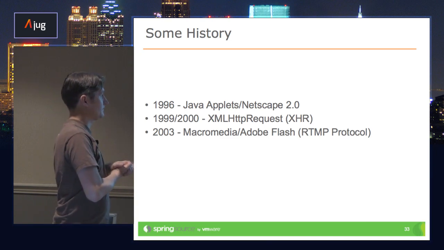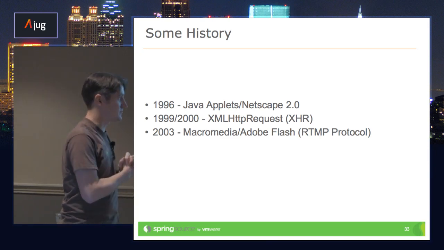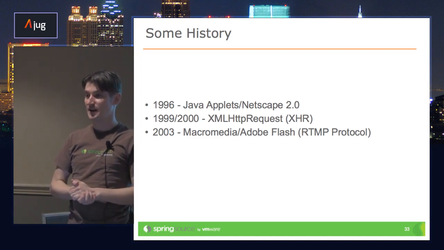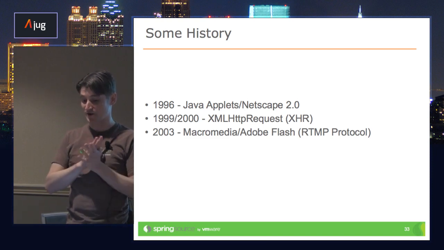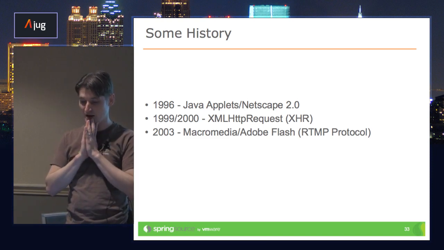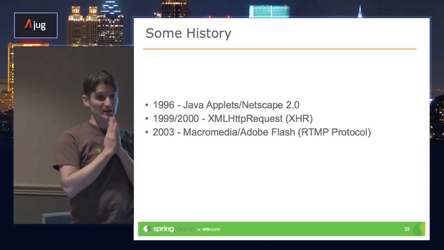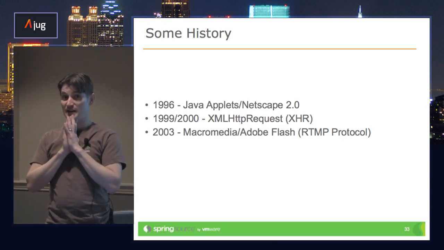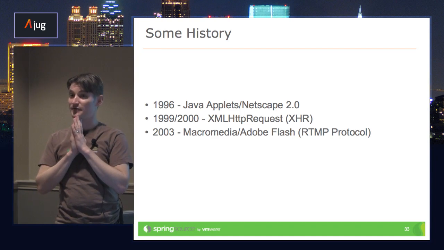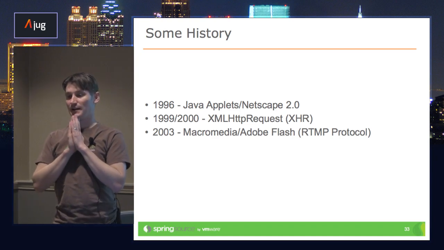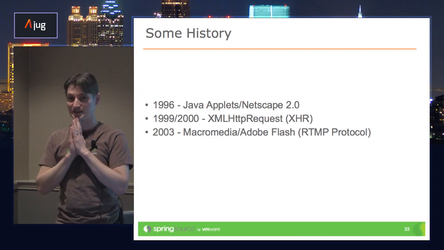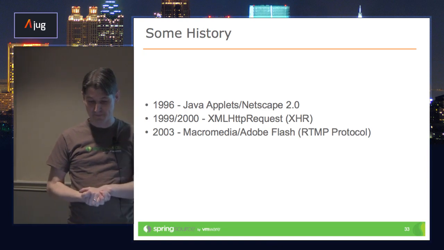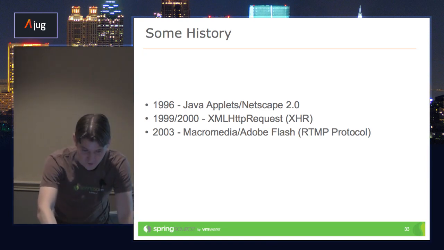2003, Macromedia and Adobe Flash, they had the RTMP protocol, which was neat to exchange data, kind of like WebSockets over the wire. And even some solutions may still use it as a fallback to get data back and forth. If any of you has done Flex of any sort, this feels very familiar, and you're feeling like I'm back to square one, because we did all this stuff years ago and it worked great most of the time. But Flash is dead, so moving on to WebSockets.